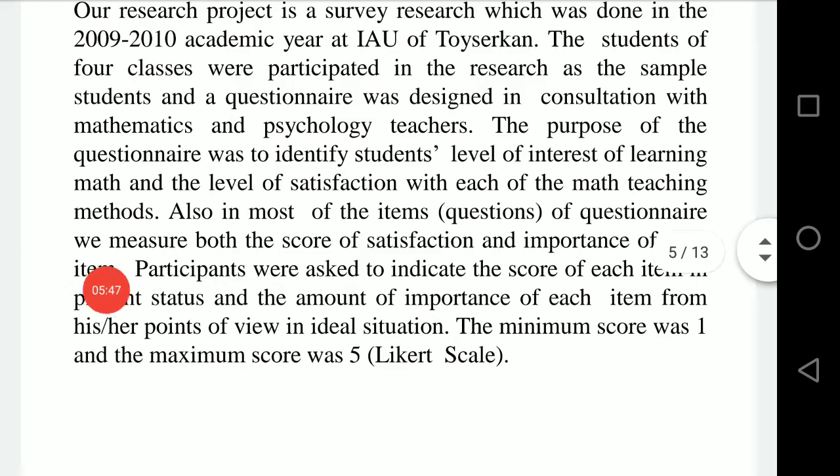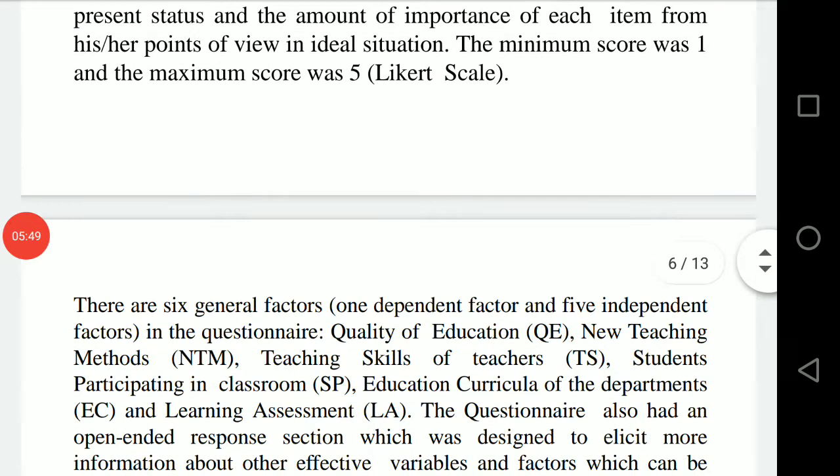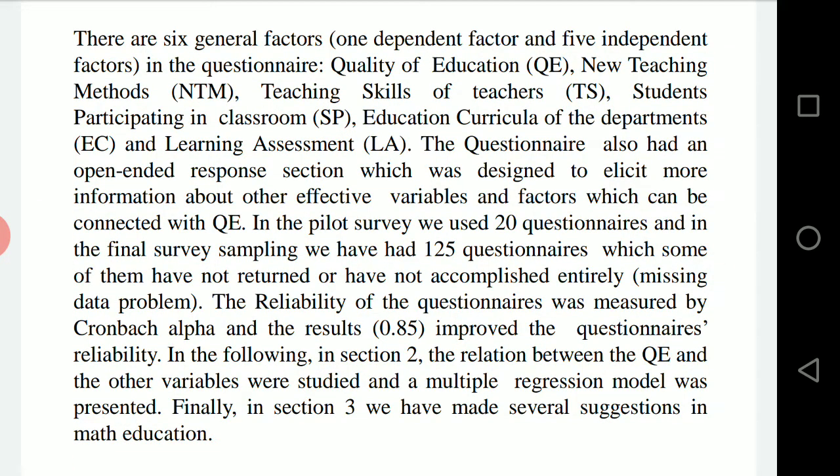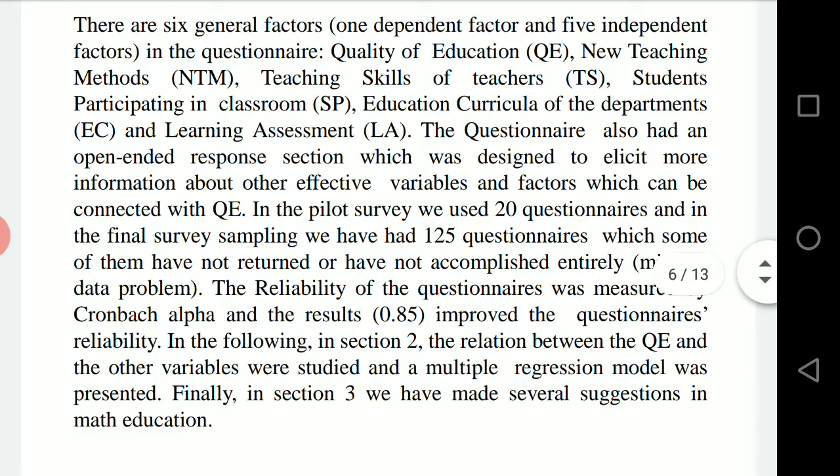Literature scale. There are 6 general factors, 1 dependent factor and 5 independent factors in the questionnaire: quality of education QE, new teaching methods NTM, teaching skills of teachers TS, students participating in classroom SP, education curricula of the departments EC, and learning assessment LA.